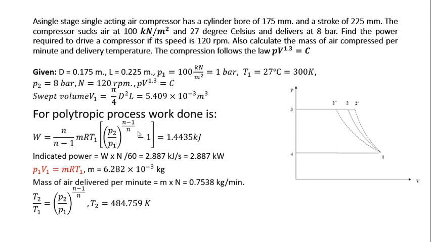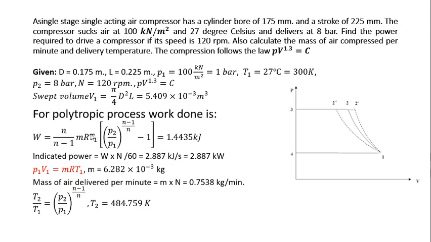Now for a polytropic process, the work done in a cycle is equal to n by n minus 1 into mRT1 into P2 by P1 raised to n minus 1 by n, minus 1. See, we don't have this mass, so instead of this mRT1 we can use P1 V1, because for ideal gas P1 V1 is equal to mRT1. So use P1 V1